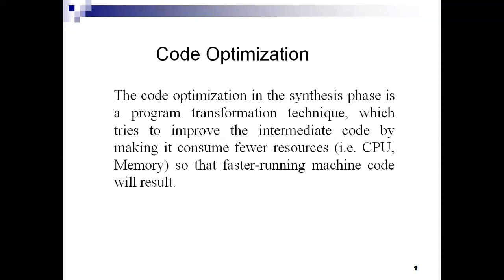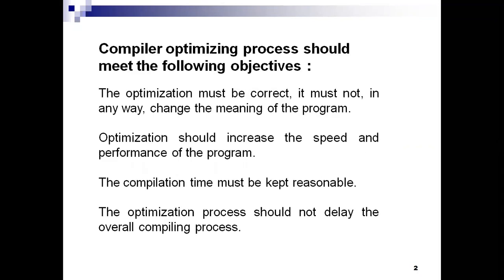Based on those two issues, we need to consider them while applying the techniques for code optimization. When I want to perform any type of optimization technique, I need to consider the two most important issues. The first one is semantic equivalence: the semantic equivalence of the source program must not be changed.